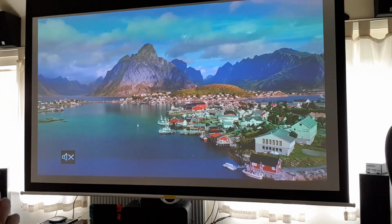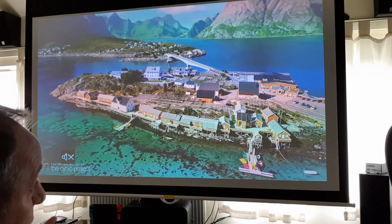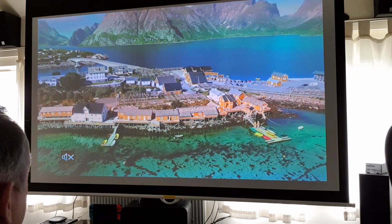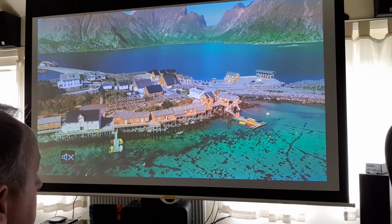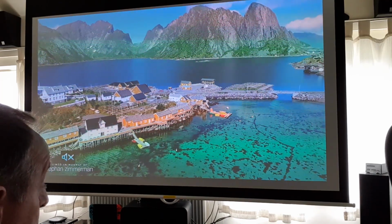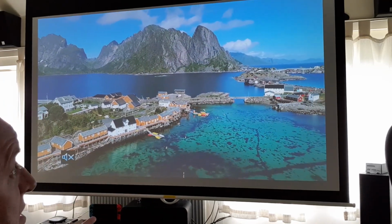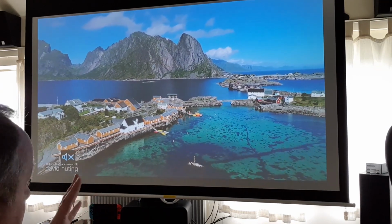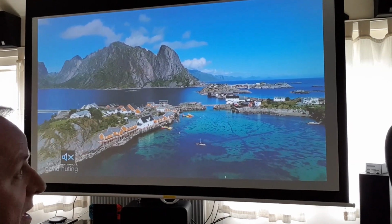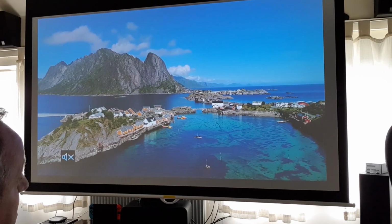So in a dark room at night when you're watching a movie, or bringing it round to your friend's house, it's a really bright projector. It's 3000 lumens, which is very good in fact. I would actually think it was more than 3000 given what I'm seeing here. The UHD 40 that I have can't do this brightness in this room without the blinds being down during the day. So that gives you a good idea as to how well this is dealing with